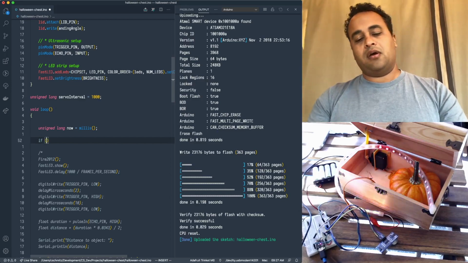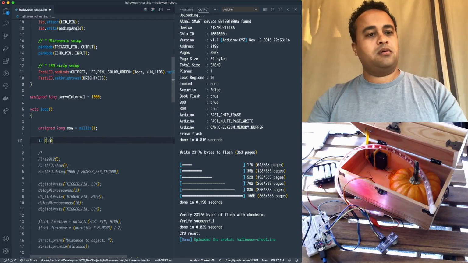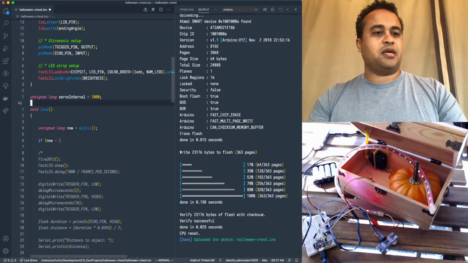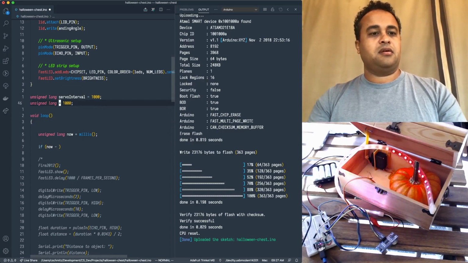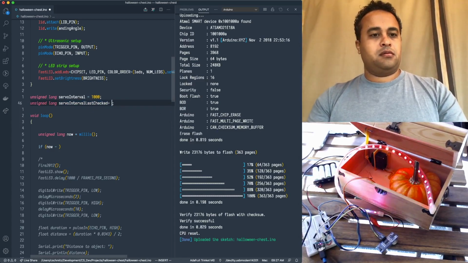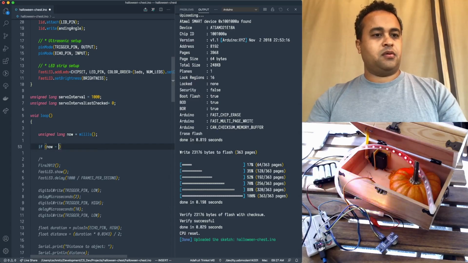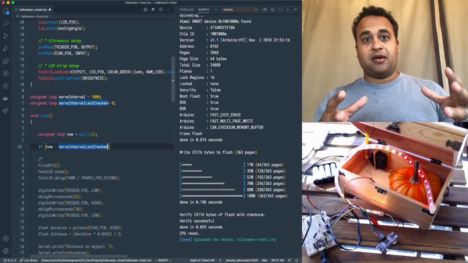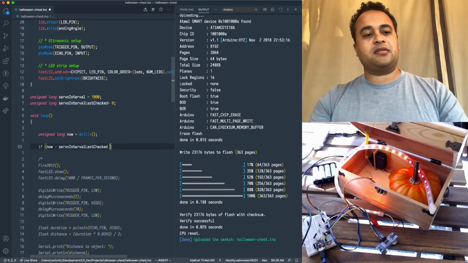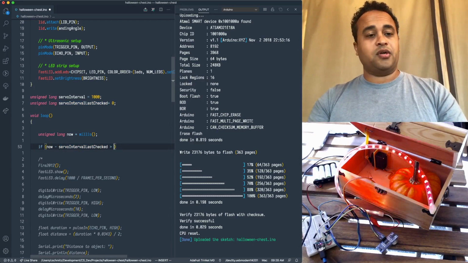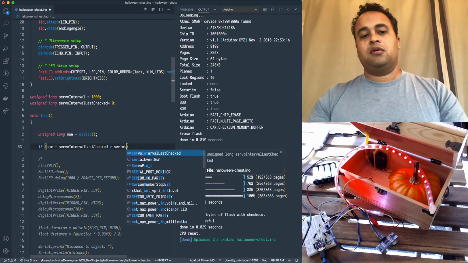So if now minus the last time we checked, so we actually need to track that, if the current number of milliseconds now minus the number of milliseconds from the last time we checked is greater than the interval that we want to check at, so servo interval,